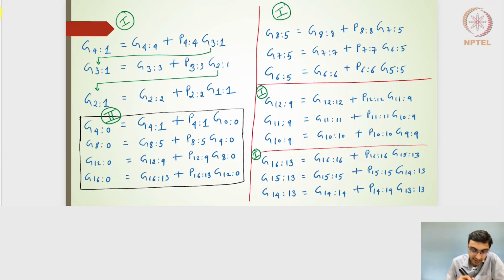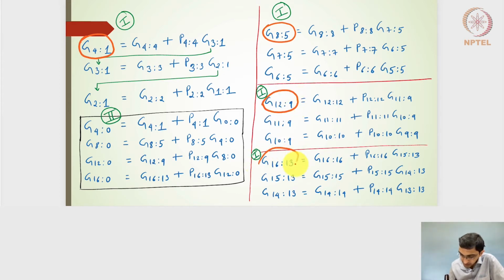Let's try to see for a 16-bit addition how it can be impactful, right? For a 16-bit addition, what we are trying to do is generate the 4:1 signal, 8:5, 12:9 and 16:13 signals simultaneously. What simultaneously means is 4:1 depends on 3:1, 3:1 depends on 2:1, 2:1 depends on 1:1,